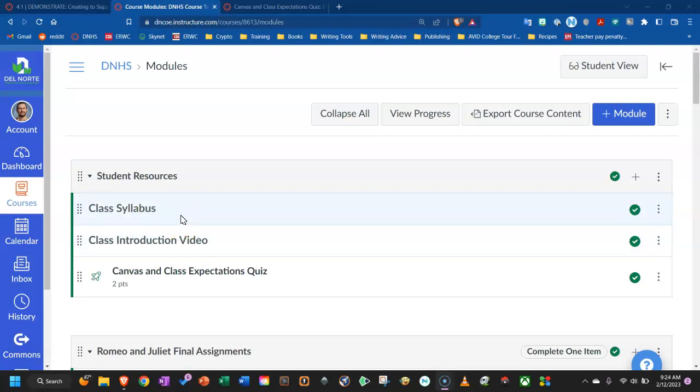This would be where we would accumulate things like our class syllabus. I might throw a link to a website that we use frequently here. I teach ELA, so I don't use many outside websites, or at least not any that would need dedicated links, but on the off chance that I needed to, then that's where I'd put it. I'd have a class introduction video, which I would keep posted here, so whenever a new student does join the class, partway through the semester or the year, they can get an introduction to me and course expectations. What I really want to take a look at, though, is this Canvas and class expectations